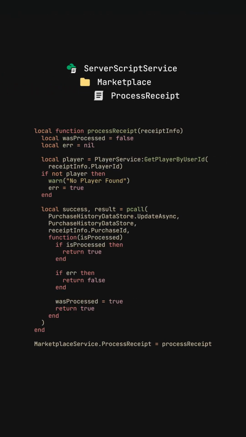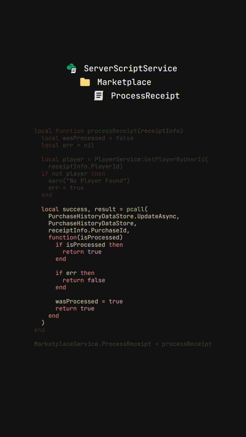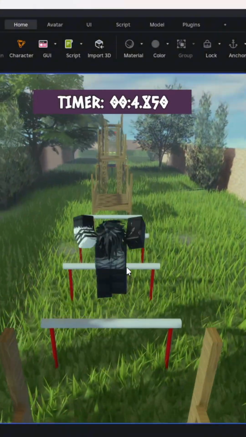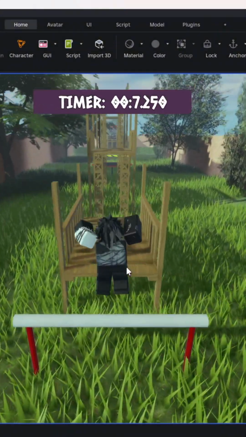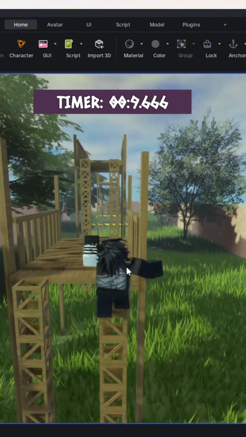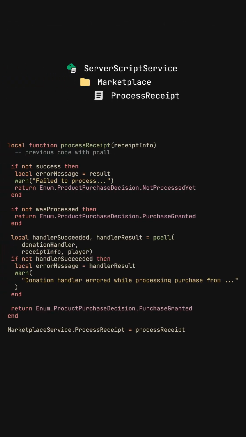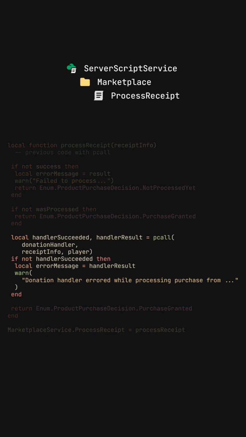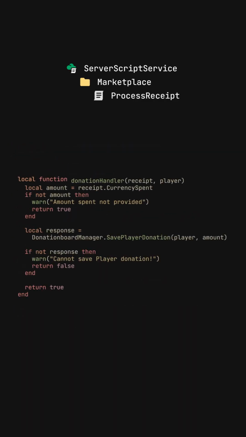With that, I created a server script to handle the donation. What this does is, once the player donated, the donation history will be stored in an ordered data store. If the donation is processed, I just store it through, but you can be creative here and implement a purchase history if you want. I suggest reading the documentation to know more about ProcessReceipt and how it handles edge cases. Once the donation is processed, we will call the donation handler that basically calls the functions we made a while ago that store the donated amount.